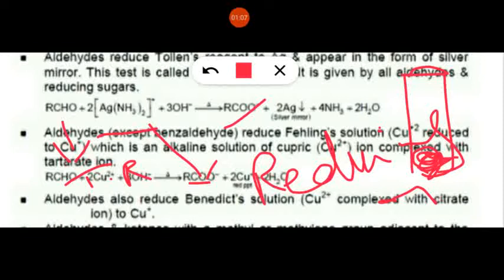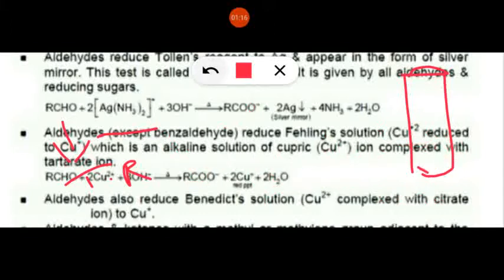So we can say the aldehyde gives a positive Tollens test, meaning you get silver deposited as a mirror on the inner wall of the test tube. That is the Tollens test. Now one more test is there for aldehyde, that is